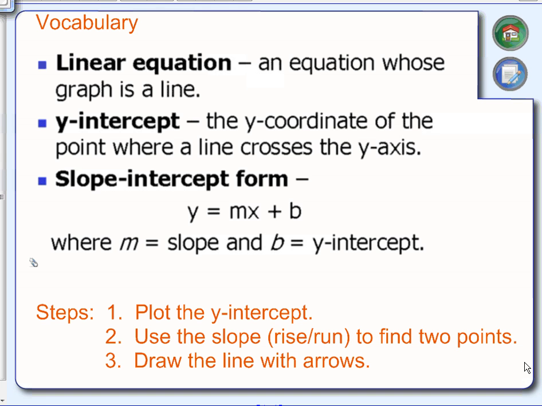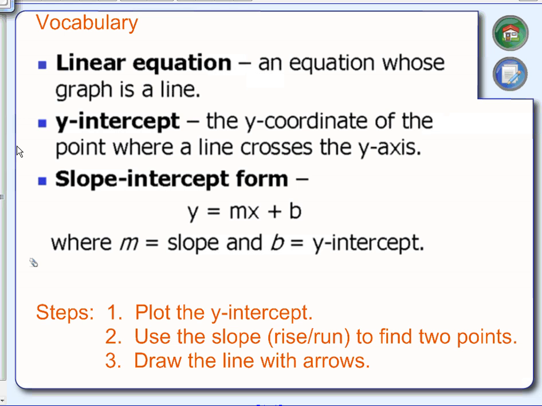Alright, so in the last video we talked about what slope-intercept form was and the y equals mx plus b. And we learned that slope is m and that the y-intercept is the b section. And we talked a little bit about how to write an equation from a line. Now we're going to do the opposite. We're going to be given the equation and we need to actually graph the lines. So just as a quick